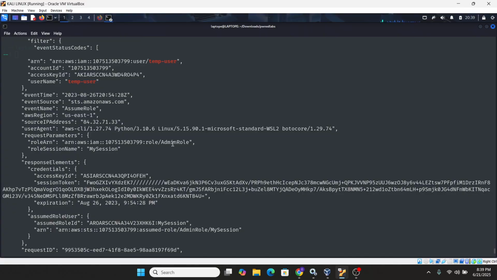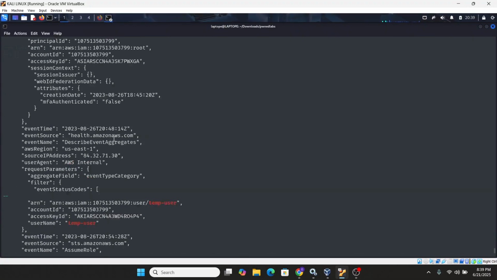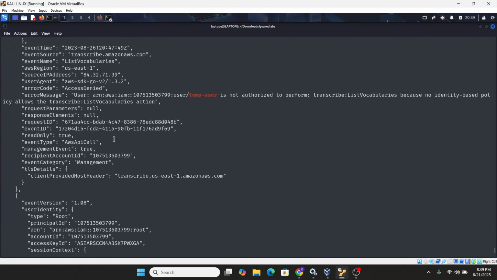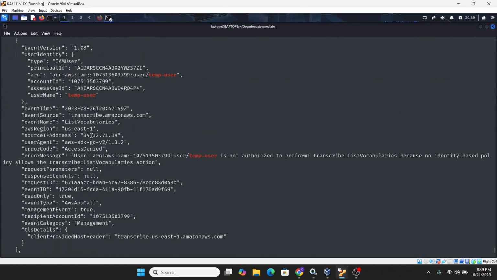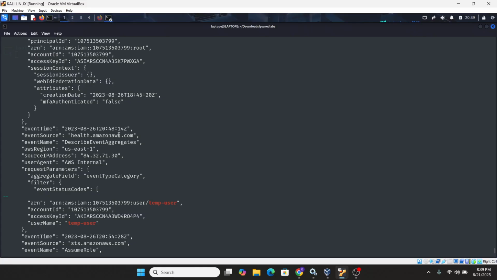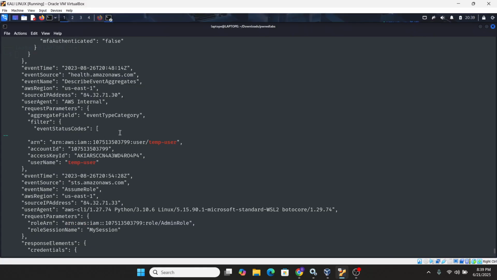Now let's see what the attacker was able to do after assuming this admin role. We are going to filter our log again with another input. Then we'll be able to take a proper screenshot.